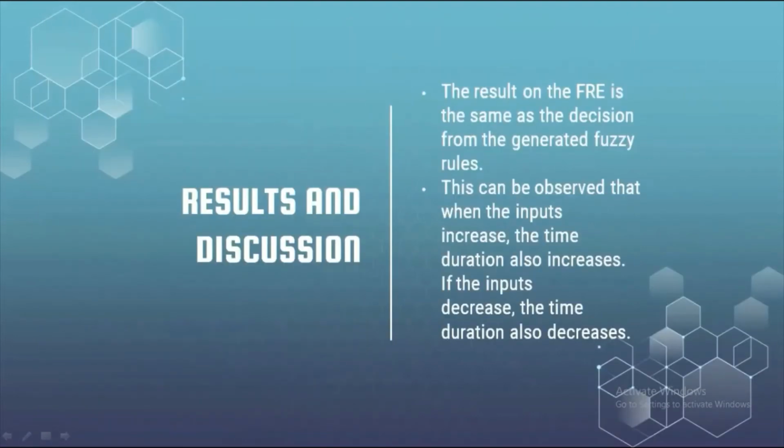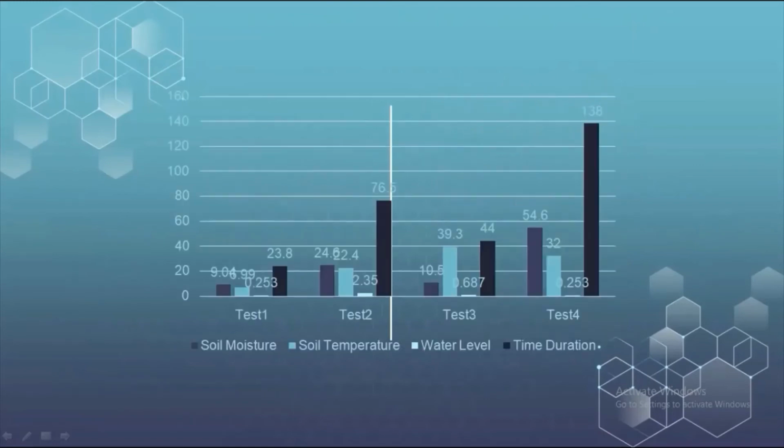In our results and discussion, the MATLAB Fuzzy Logic Designer or Fuzzy Inference System was used in the simulation process to determine the expected outcome of the proposed system. Three input parameters were considered to decide on the provision of adequate water for crops. For soil moisture, the crisp input range is 0 to 60%, soil temperature 0 to 40%, and the percentage range of water level is 0% to 6%.